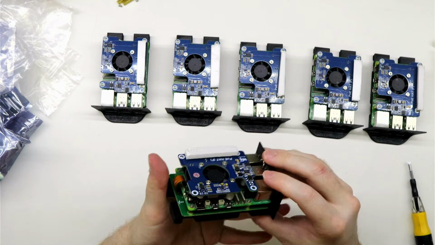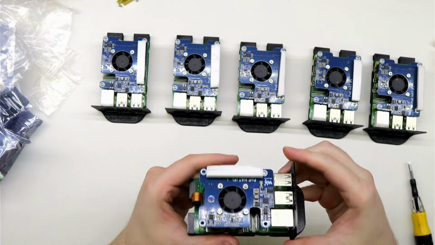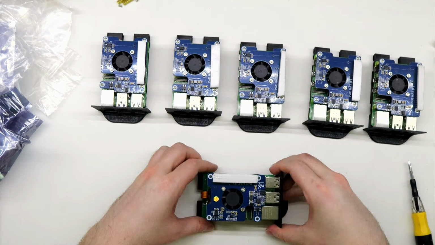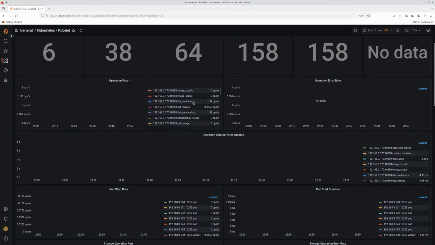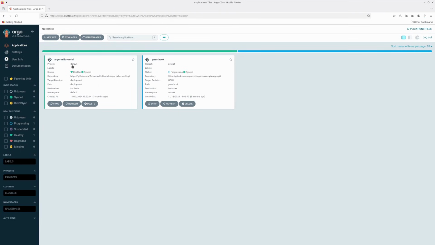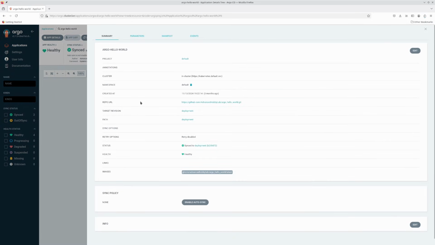Pi clusters are still very effective teaching tools. If you are an engineering student or otherwise working on polishing up your resume, Pi clusters are a great tool to gain professional experience in modern software development strategies. You can use the same open source software stacks that big companies use, only at a much smaller scale. With a little practice, you can talk competently about Docker, Kubernetes, Grafana, Argo, and so much more during your next